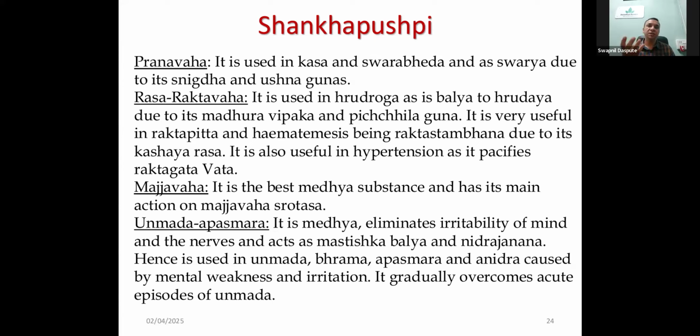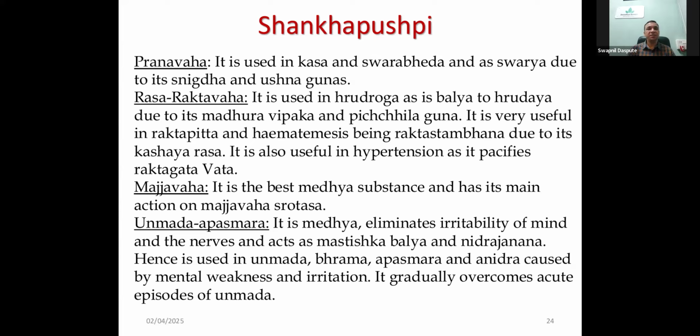Hyperaction of the psychology. So basically, psychological disorders in which hyperactivity is seen. In that case, Shankapushpi can be used as it induces sound sleep. And again, care can be taken that wherever you see depression or low activity of the mind, Shankapushpi can be avoided. Hence, used in Unmada, Brahma, Apasmara,